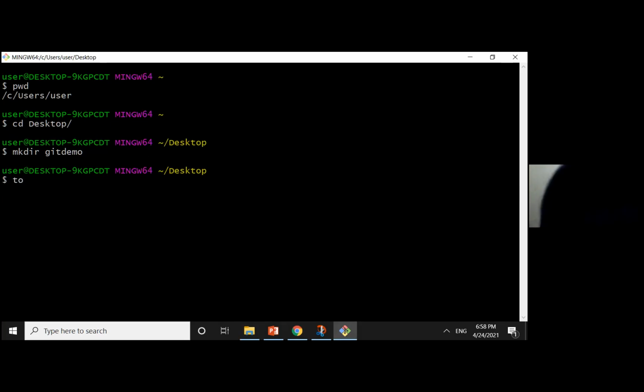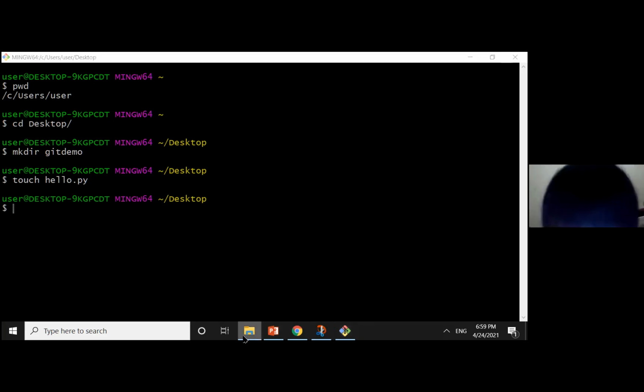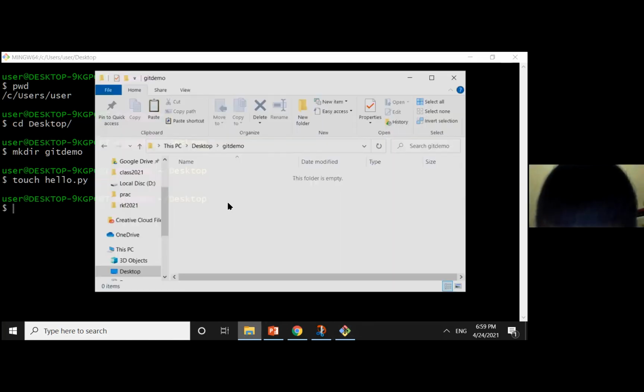So the command to create a file is that. A file, we can call it something like what? Hello something dot, let's create a Python file, hello.py. It doesn't really recognize it, but let's just do the extension. And if you want to confirm that we have our file created, if I refresh this,